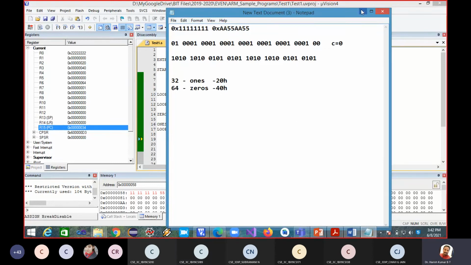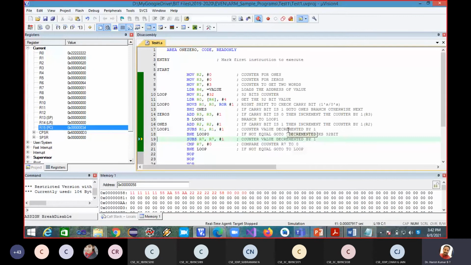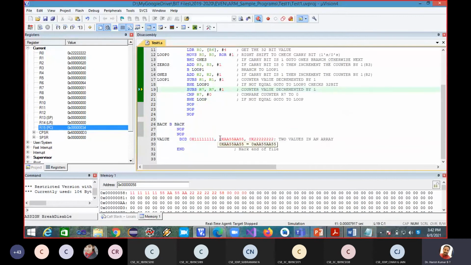Yes, sir. Now, if you want to find it only for the first memory location, not two consecutive memory locations, only one, I can put a comment there. Making it a comment, this is now the only data value.